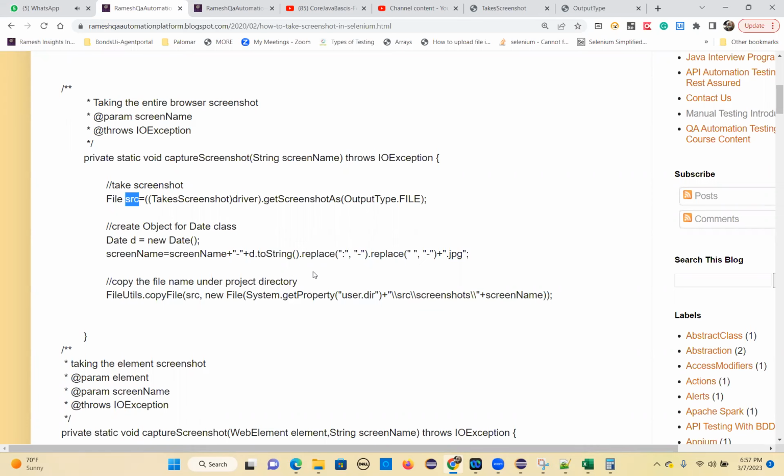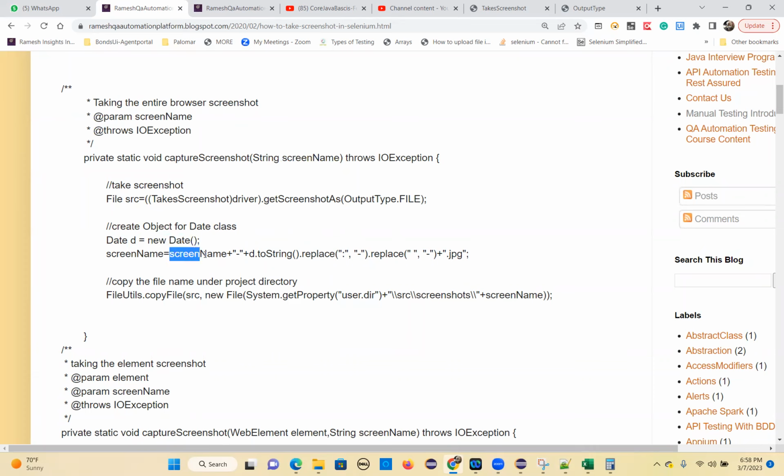It should not be a duplicate. So how can you generate that? By time and date, right? That's only dynamic. Otherwise, if you give a constant name every time, it repeats. But the date and time always vary, every second. So I'm creating an object for the Date class, Date d equal to new Date, and I'm adding the screenshot